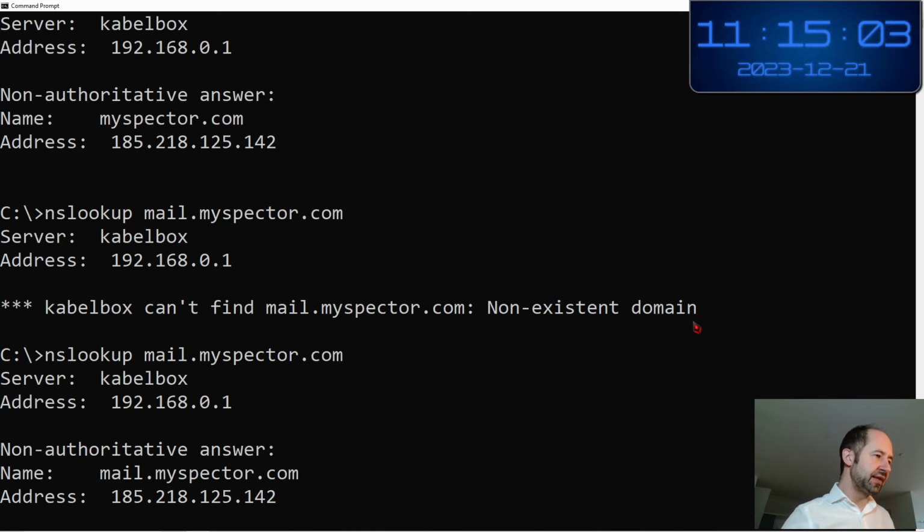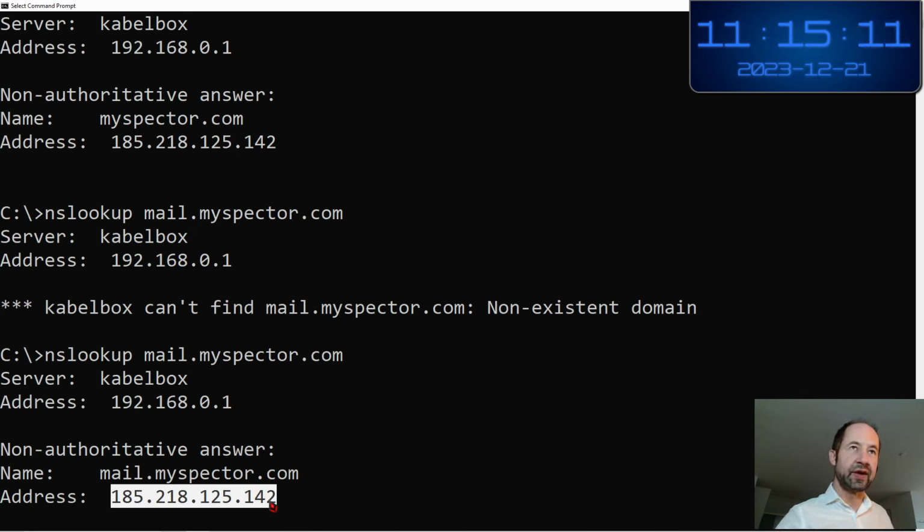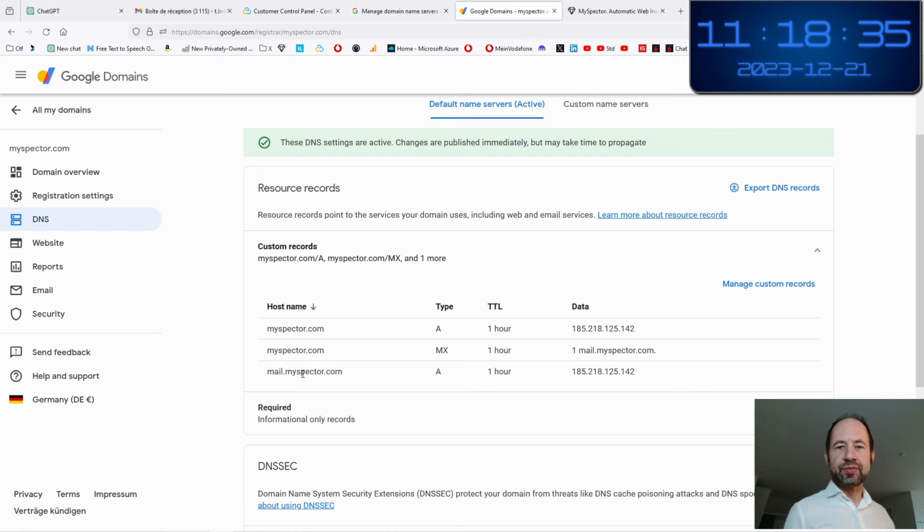And you see that I have an answer with the new address that I have just registered. You see that it is very fast. And by the way, I am using the clock. Here you will see the time progression for this experiment. Now things could be a little too easy. If it was sufficient, I will make the reverse entry, because in fact for security, when you are sending outbound